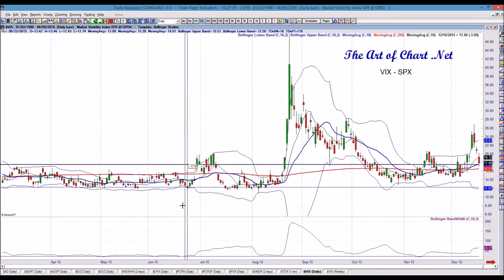Right. So, you see this blue line here? Okay, this blue line is a close below the lower Bollinger Band. I forget the name of this signal, but this is a signal that happens maybe twice a year or something. It's not very frequent, but when you get this signal on the VIX, a close below the lower Bollinger Band, it is a midterm signal that there's an expansion coming. Okay, and look at this one.